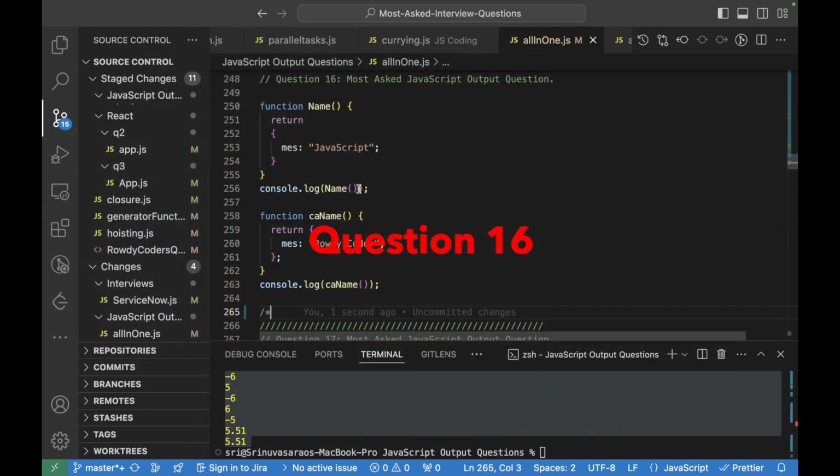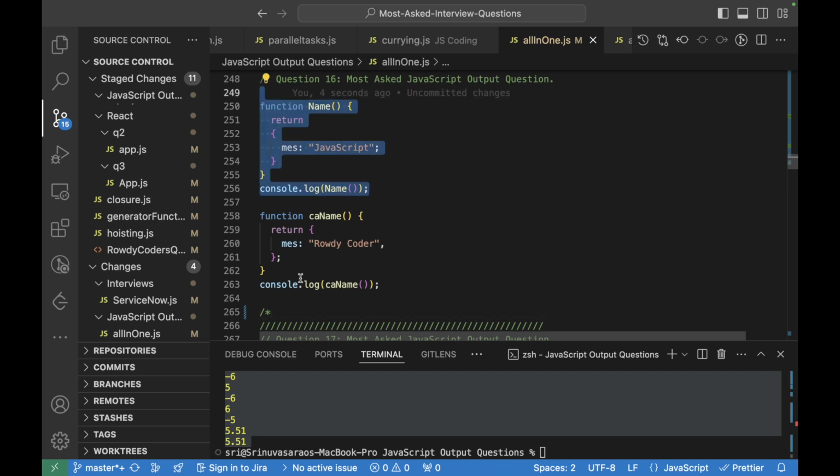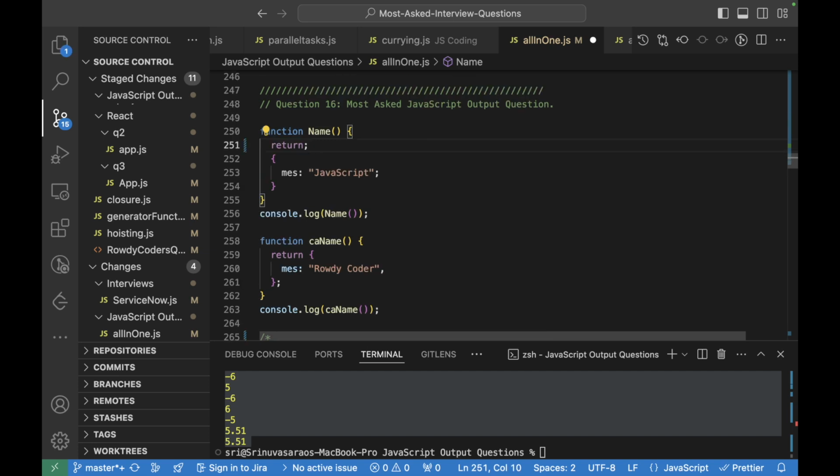So here we have two functions, but the difference is, in one, the return value is below the return, and in the other, it is just after return. So what do you think the output of this would be? In JavaScript, when a semicolon is missing, it will try to put a semicolon here, and it will return here. In case of this, there is some content after return, so it will return this particular object.